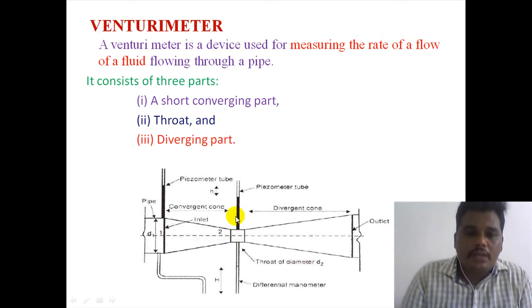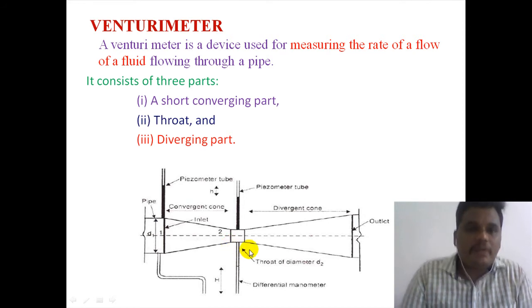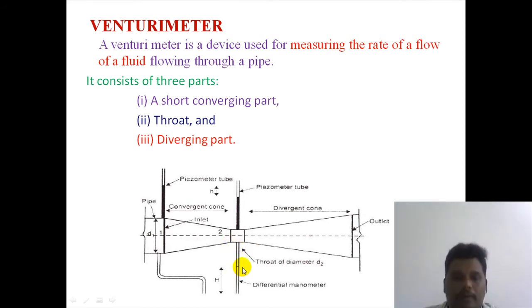This pressure drop is measured using a piezometer or a differential manometer. By the differential manometer, we can note down the pressure heads. Then after it reaches the throat, it goes to the divergent cone, and the water leaves through the outlet. Now again the pressure increases as it reaches the outlet. Now we can easily measure the pressure difference of the device using this manometer head. How can you determine it? There are empirical relations. We have the expression for the venturimeter.